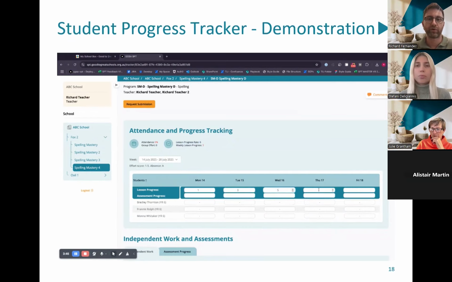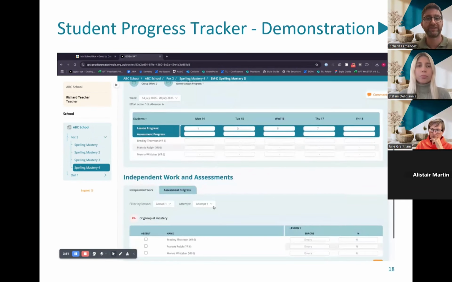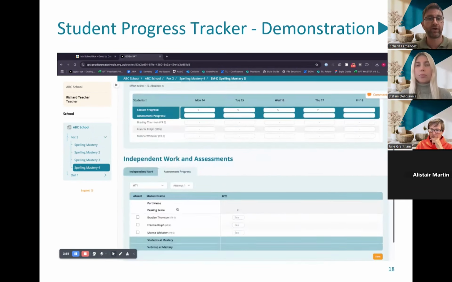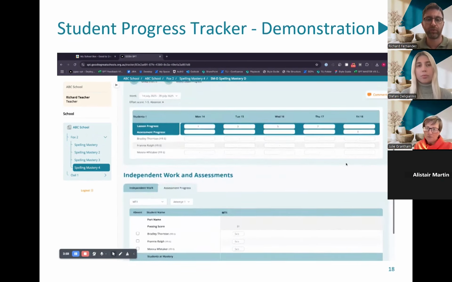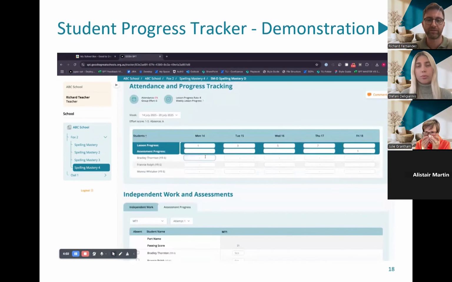The attendance and progress tracking statistics at the top help you monitor the progress throughout the term, making it easy for you to see how your group is advancing and whether they're on track. In this example, I'm just going to record that we've completed 7 lessons and that we have completed 1 assessment.